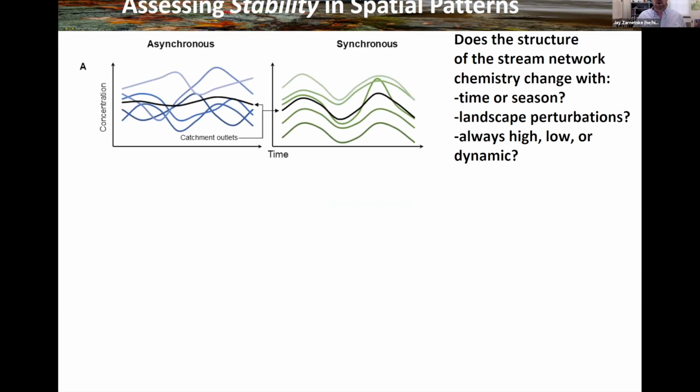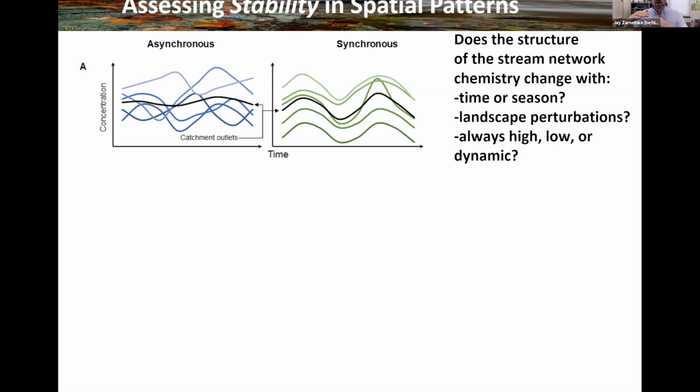So I will walk you briefly through an example here that I think helps demonstrate this. We have two different watersheds represented here. One where the tributaries shown in the different colors of blue here are behaving in an asynchronous way. They're going up and down in terms of their concentration through time. And what comes out of the overall watershed is shown as this black line. That is sort of a mixing of the signal, decreases the amplitude and the variability of what comes out of